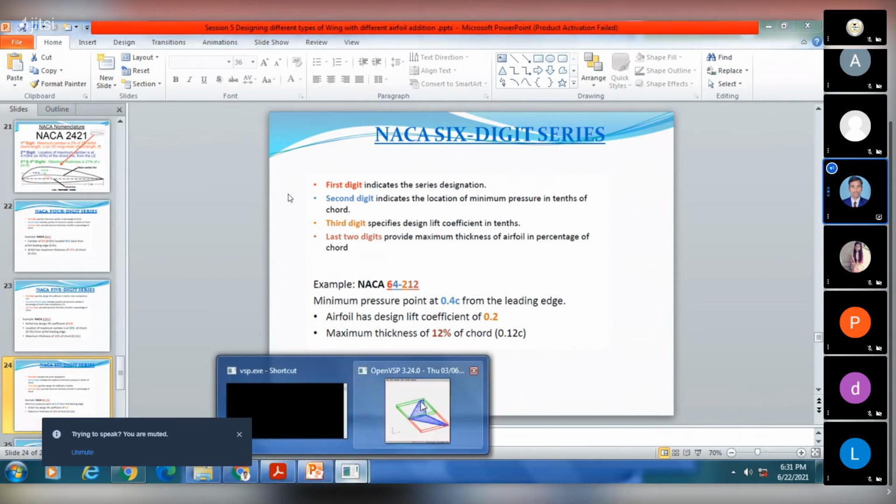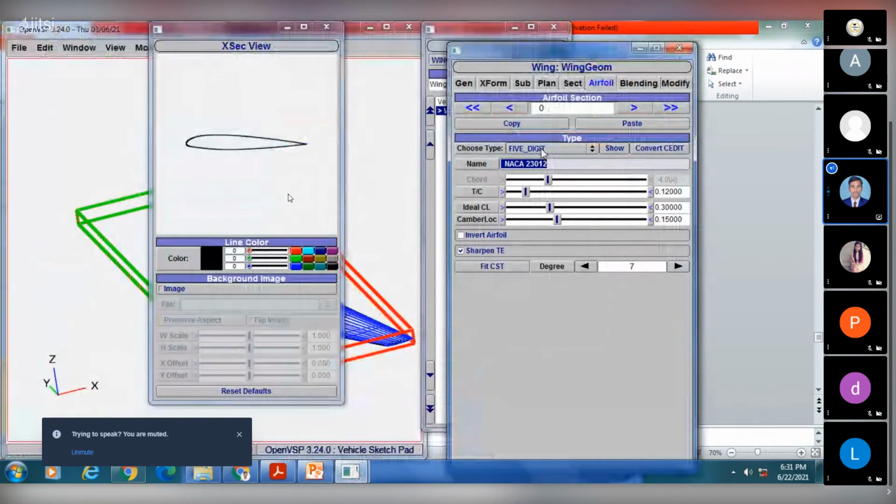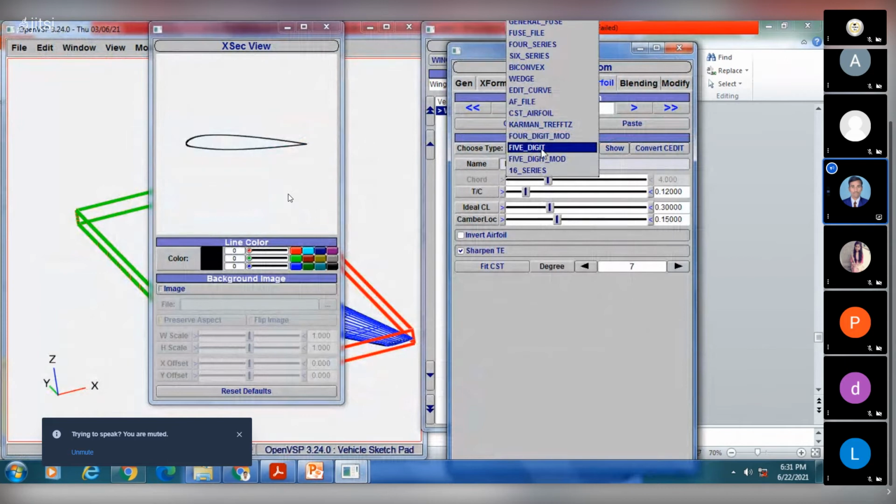Now we will change 5-digit into 6-digit.